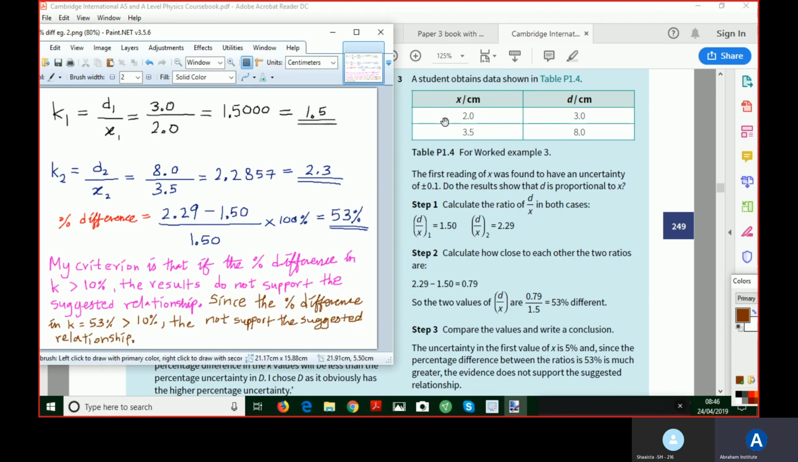Okay, and we have in this first row one set, and in the second row another set of values. So we will calculate K1 and K2. So K1 using the first set, that is 3.0 divided by 2.0. Then we get 1.5000. Now why do we write 1.5000? I have mentioned it in the handout here,